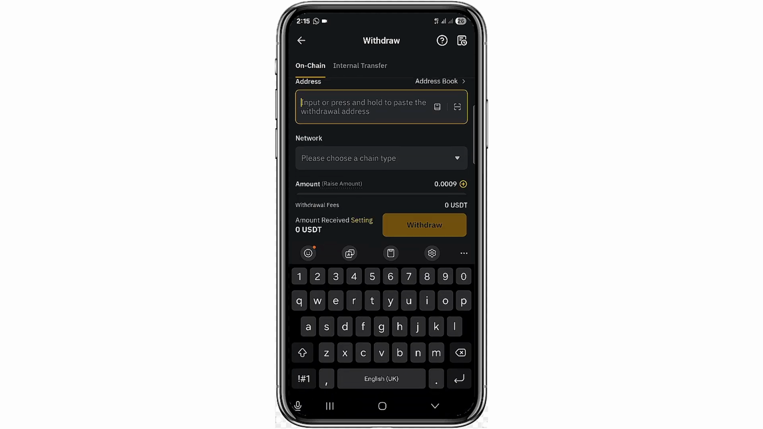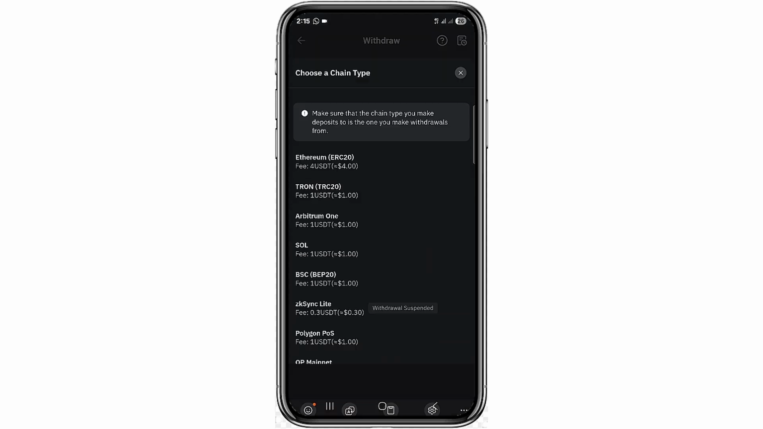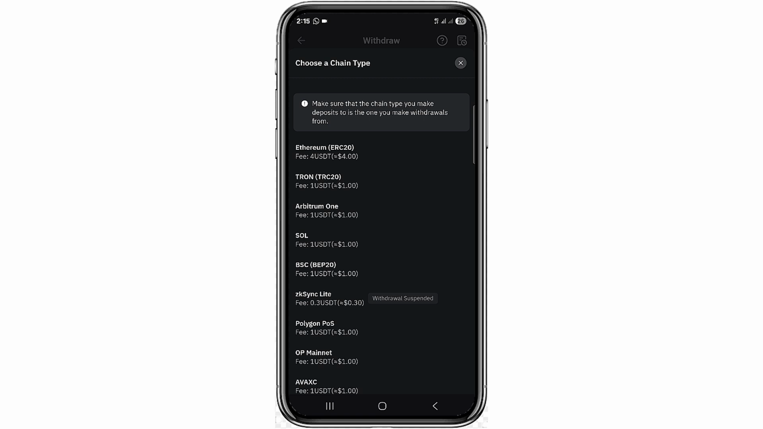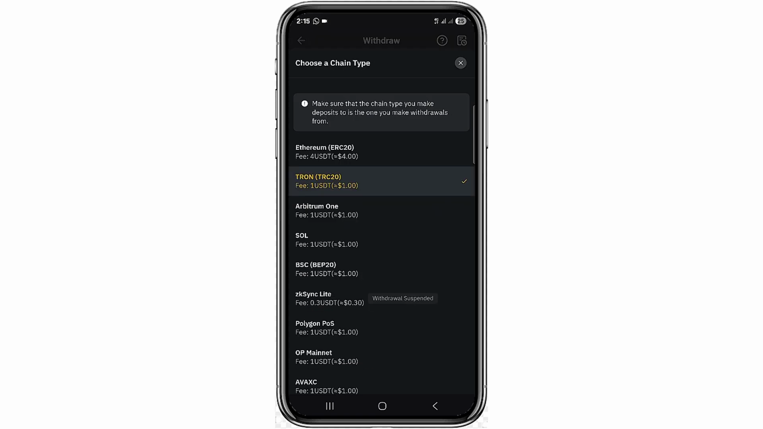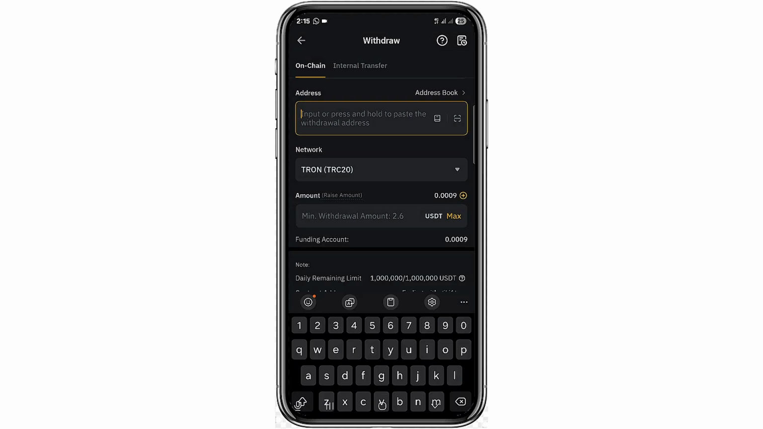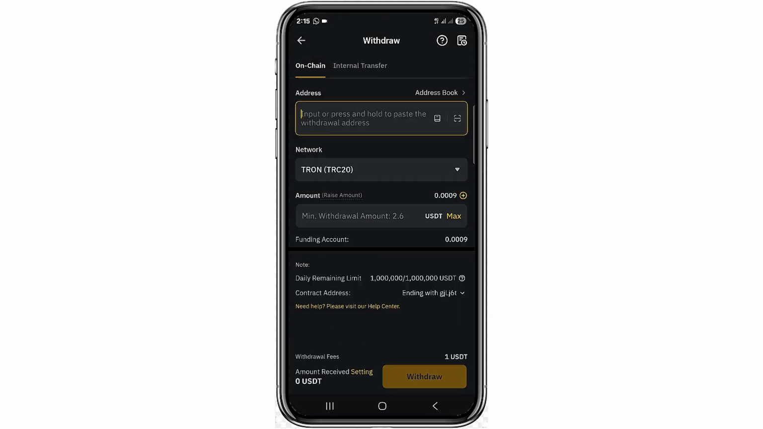Now let's take for instance the network type you want to use to transfer the USDT from your Bybit to any other wallet is, let's say, TRC20, which is the general and most known network. So let's go ahead and select TRC20, which is the well-known network which delivers very fast. So right here you can see address, you can see network, you can see where you can input your amounts. So in order for you to transfer your USDT from your Bybit to any other wallet, you need to go